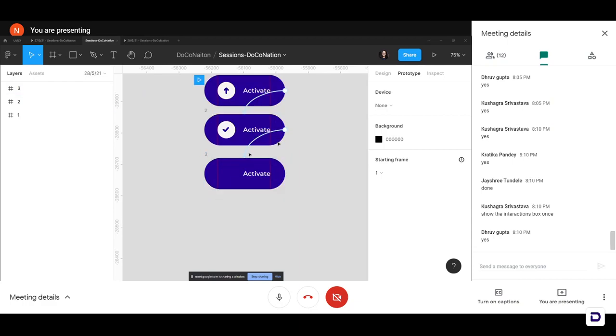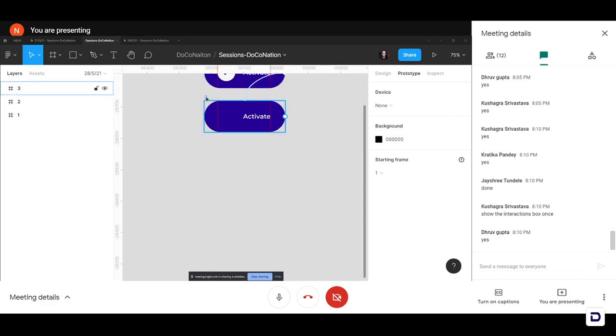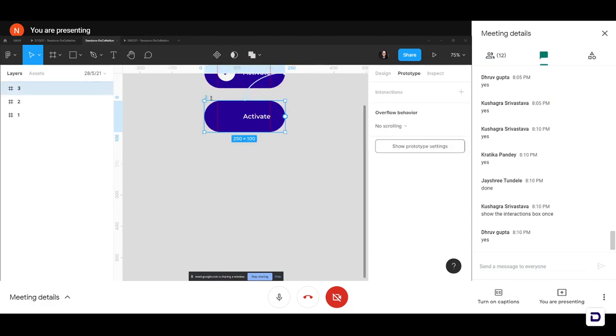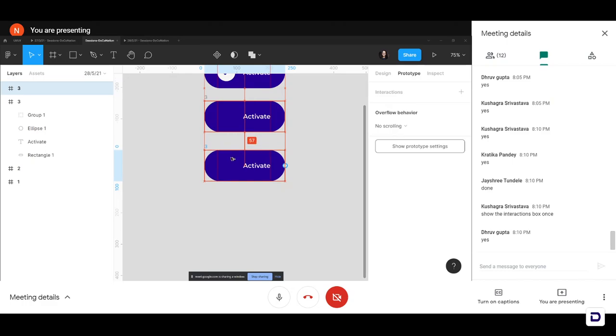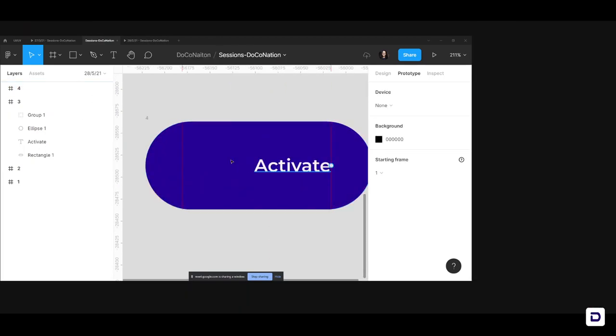Okay. So I'll just copy my frame 3. Select your frame 3, make sure you're selecting the entire frame, not only the group inside. Okay, and Alt and drag to copy it, or Control D. And I'll change the name of the frame to frame 4. Okay, and now let me zoom in a little bit.